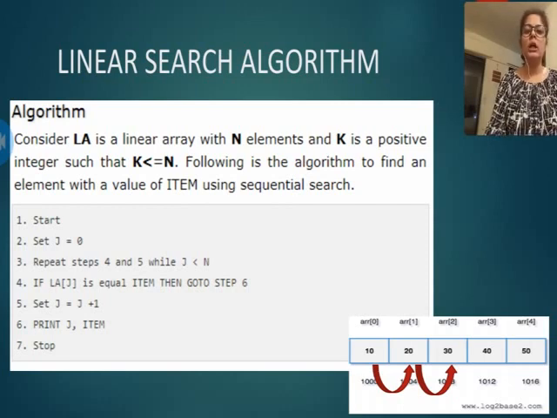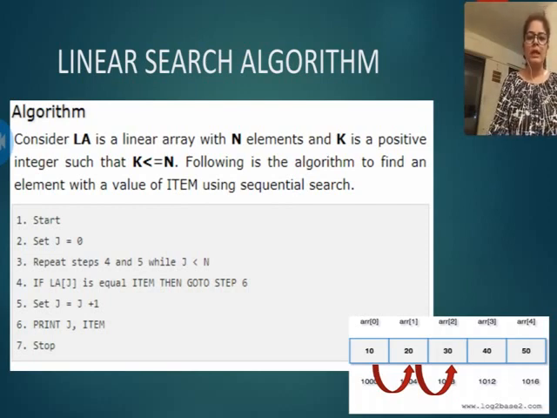Accordingly the condition is j is less than n, which means when j is 5, 5 is not less than 5, it stops working. Now the third step is only for loop and condition. So if the condition is true, it will move to the next step, that is step number 4.